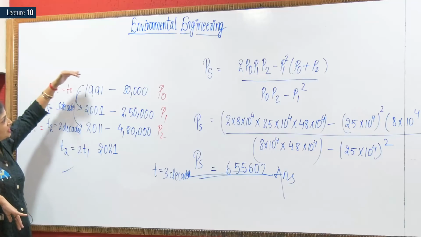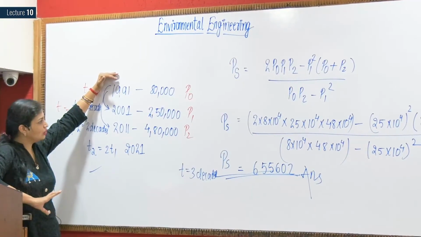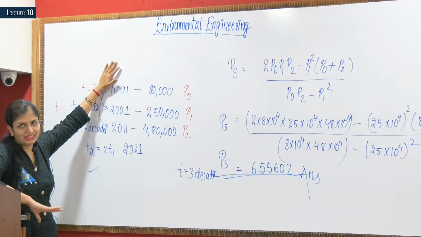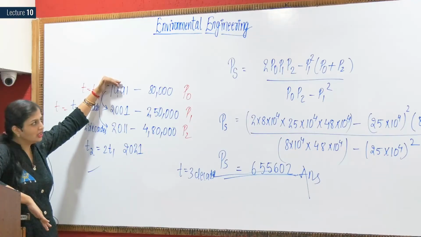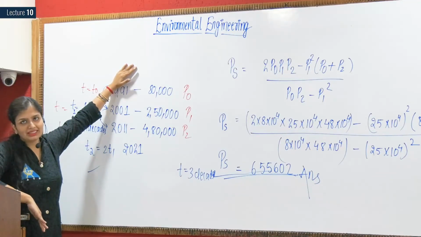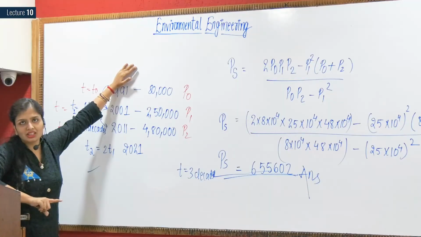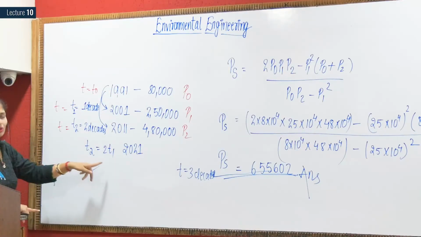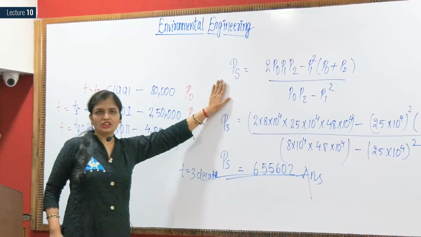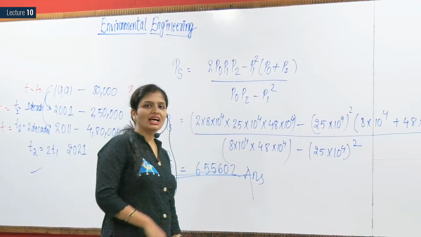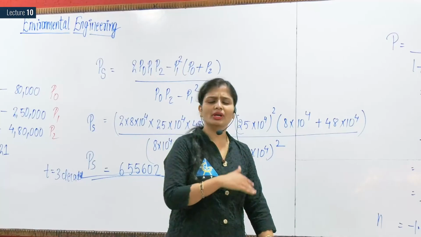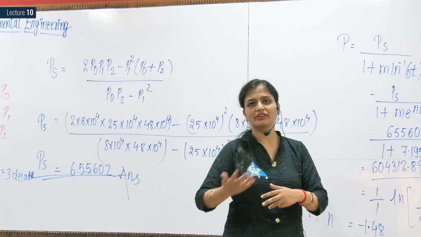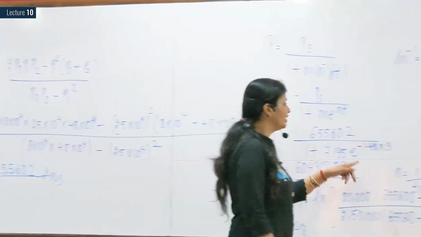We have been given the population in 1991, 2001 and 2011. So we know that in the logistic method, every calculation is done from the base year. So 1991 was the base year and 80,000 was the population of the base year. First of all, we checked whether the logistic method could be applied here or not. Yes, it could be applied because T2 was twice of T1. Then we calculated the saturation population. After that, we have been asked the population in 2021. They can ask you in any given year, like 2031, 2041. So you only have to change the value of t.